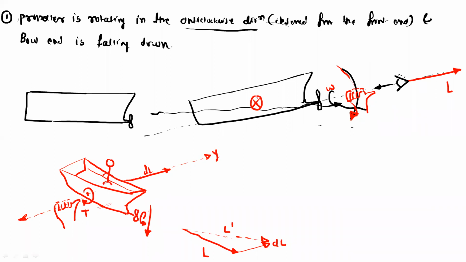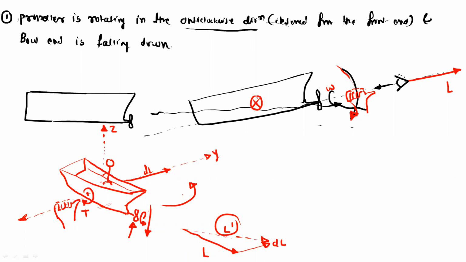So this is the sailor. From the sailor's view, the ship will turn to the left side because this propeller will try to align with the new angular momentum L dash. Okay. And therefore it will take the left turn automatically. So this is the effect of the gyroscopic couple, and the gyroscopic couple will act along which axis? It will act along the perpendicular axis, that is the Z.